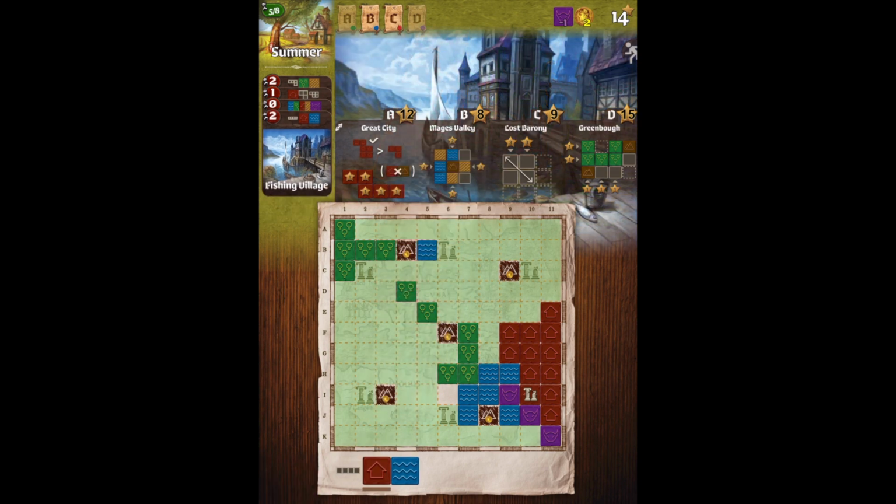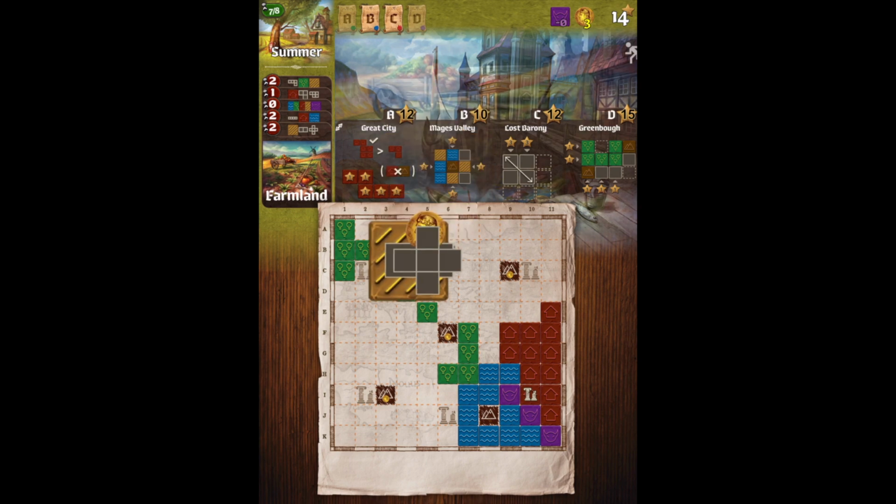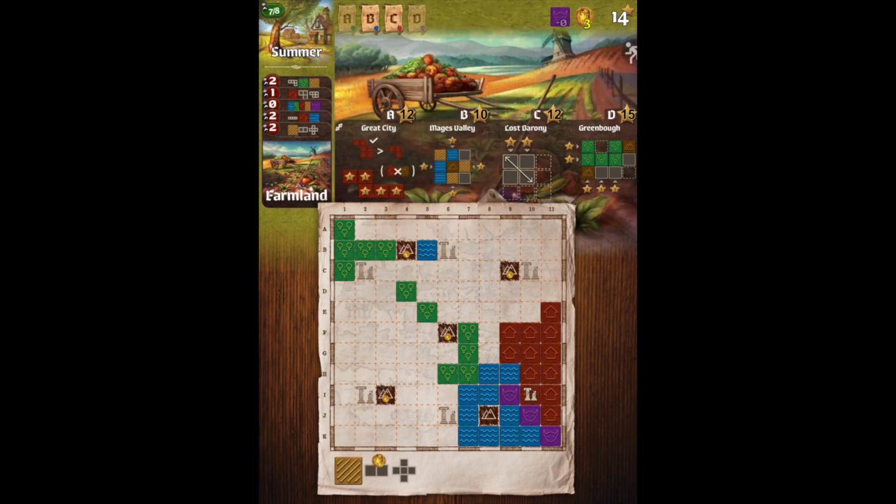I do have another... Ooh, this is kind of a tricky one. I think what I'll do with this one, I'll go ahead and get the points on this one for that. That'll keep me away from that monster and also cover that mountain, which will give me, surround the mountain, which will give me a coin. And